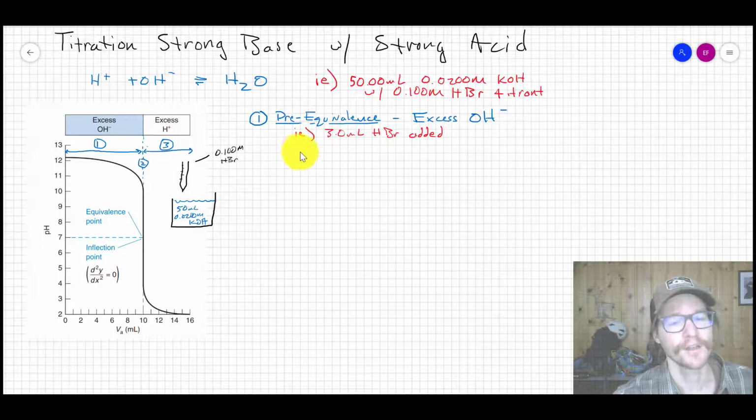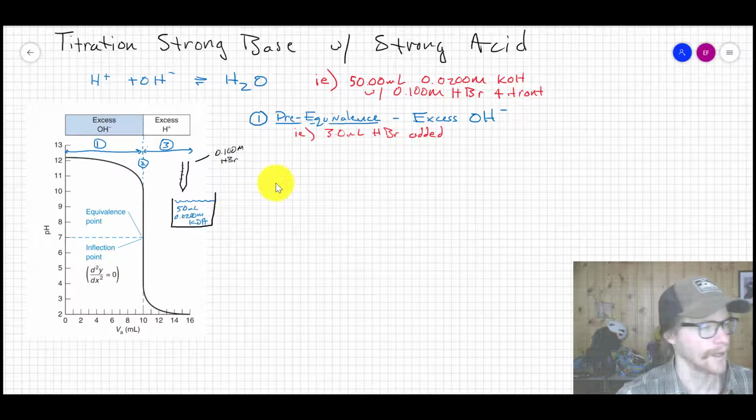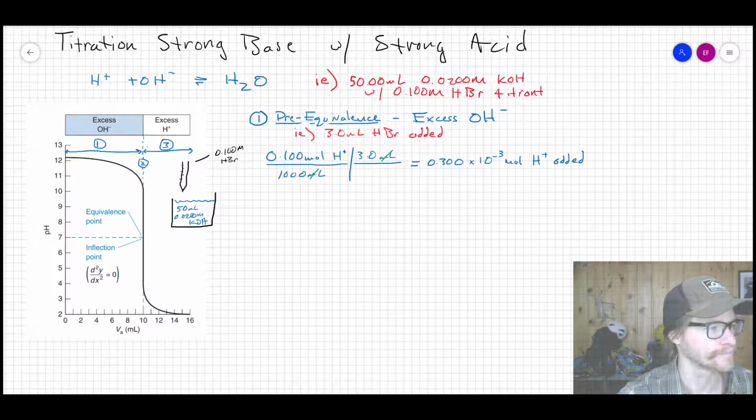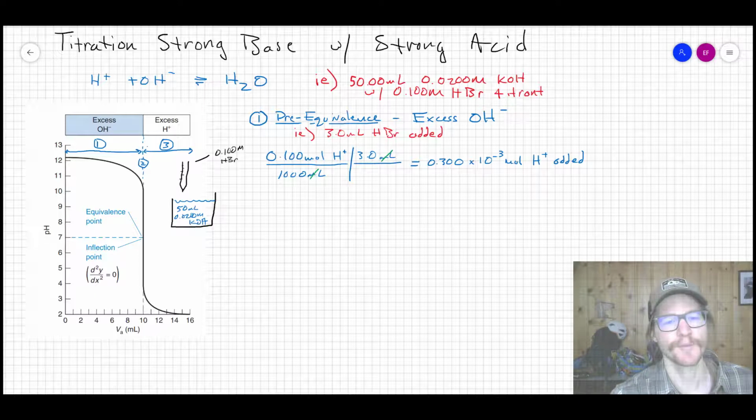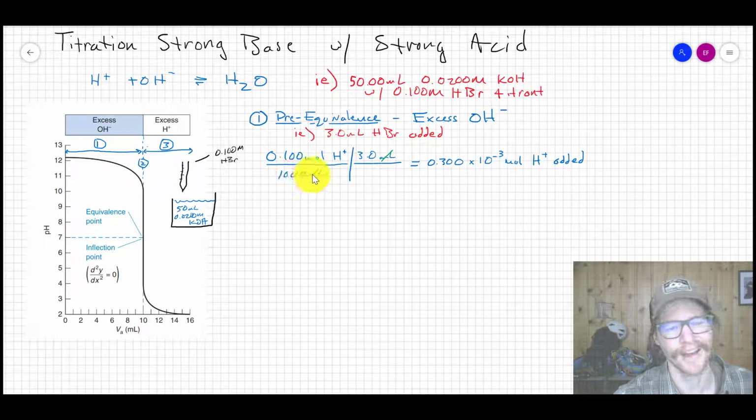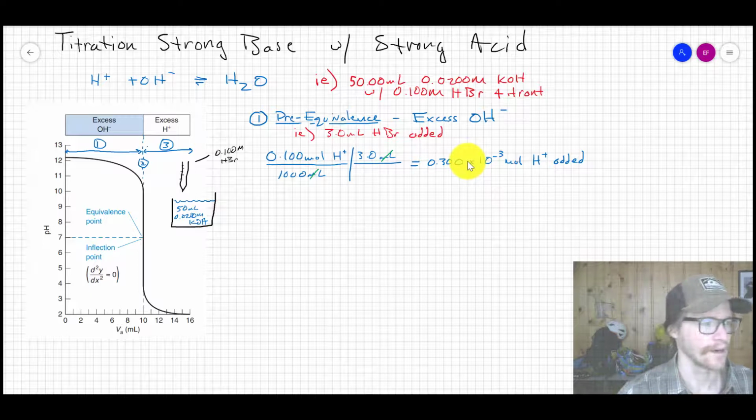So how do we do this? Well, we should probably think about how many moles of protons are being added when 3 mL of 0.1 molar HBr are added to the system. So I just grabbed the concentration of HBr, which is given to us in the problem. That's 0.1 moles per liter. I write that out as 0.1 moles H+ per 1,000 mL, just to skip that conversion factor from mL to liters or liters to mL, and then multiply by 3 mL, being the amount added. That gives us 0.300 times 10 to the minus 3 moles of H+, or HBr, that are added to